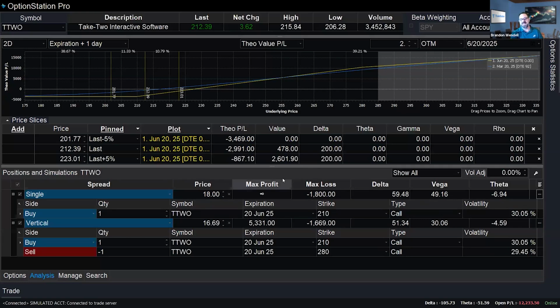And once again, I can take a look to see in the past when prices have moved a certain amount, what has been the average volatility move, and you can price slice with volatility adjustment to get an idea of what your potential profits are going to be based on what has happened in the past. Unfortunately, I've kind of run out of time here. Jesus probably let me keep going, or at least blame it on Trent because he thought I was him.